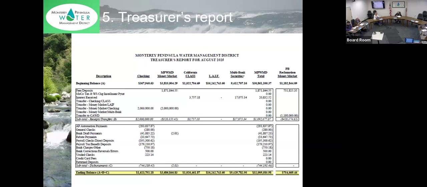We received fees and deposits of about 1.8 million, as you can see on the screen. That's a combination of user fees, permit payments, grant payments from the state, and some rebate payments. And we made disbursements of about 744,000, which included 33,000 in rebates for the months of July and August. So a detailed listing of these disbursements is shown in Exhibit 5B. And then we have a statement of revenues and expenditures as Exhibit 5C.